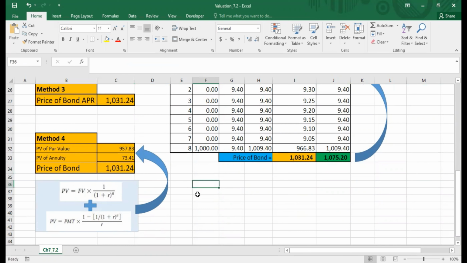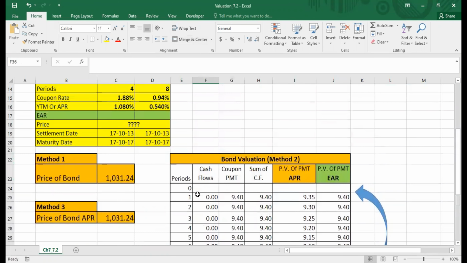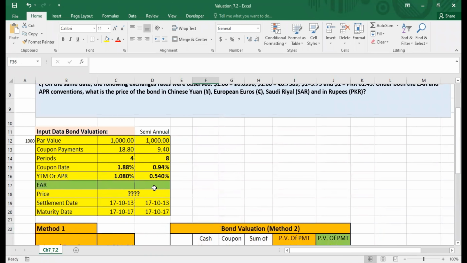Today, we will discuss how we can calculate the EAR, which is also known as the effective annual rate. And today we will learn how to calculate the effective annual rate using the Excel function. Moreover, we will see how we can convert the price of the same bond into different currencies.